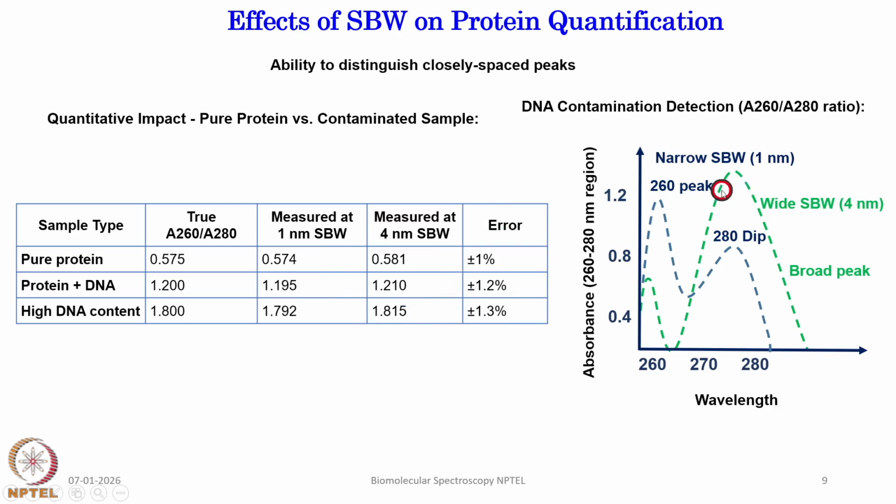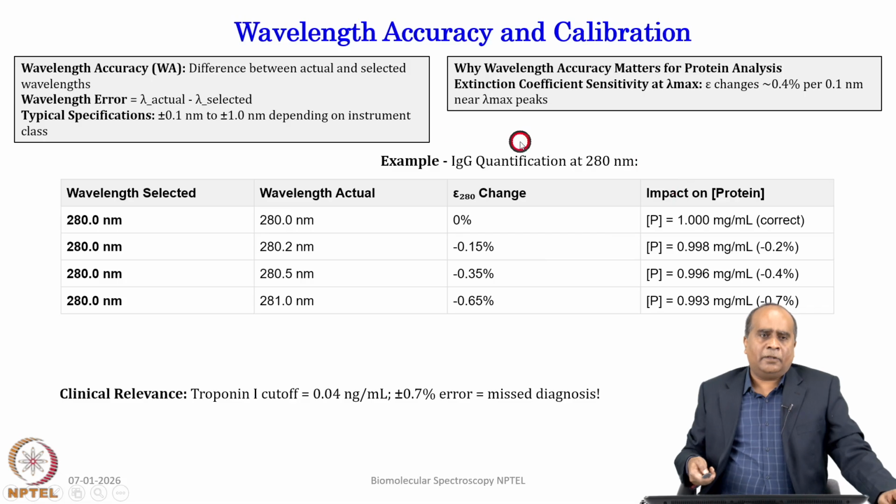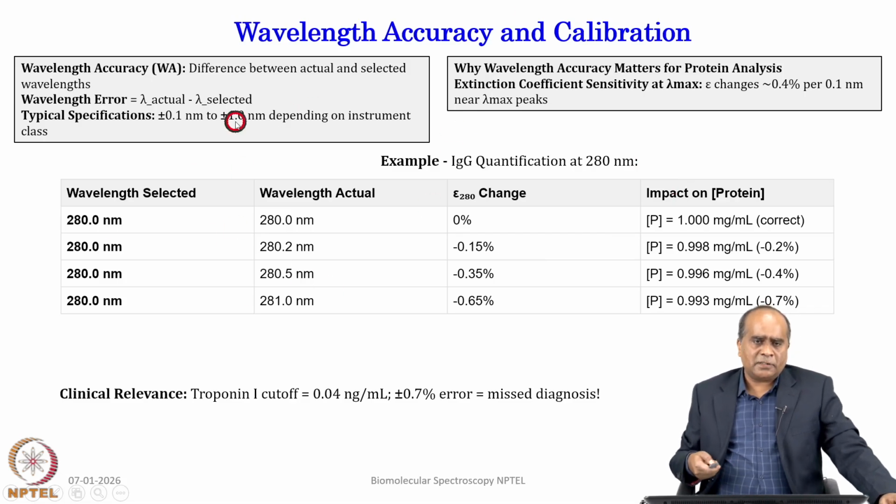So, narrow bandwidth is something like 260 and 280, and with broad bandwidth you get it at that range. But with broad bandwidth, as I was saying in the previous slide, the intensity is more because more light is reaching the detector, and the accuracy can be slightly compromised. So, wavelength one has to really calibrate, and as I mentioned we can calibrate using a deuterium lamp and so on. In this case wavelength accuracy and calibration is extremely important, and if it is not calibrated you introduce